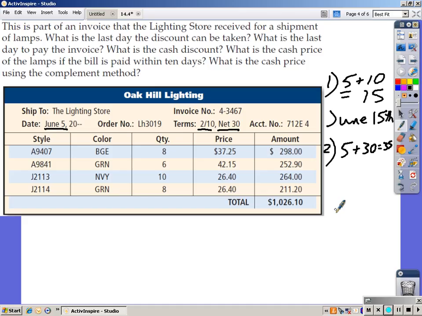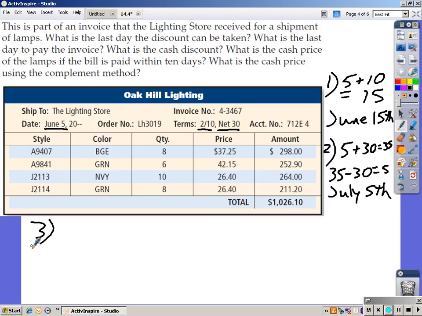So you do 35 minus 30 because there are only 30 days in June, and you get 5, which means it's the following month after June. July 5th is the last day to pay the invoice. All right? Next question